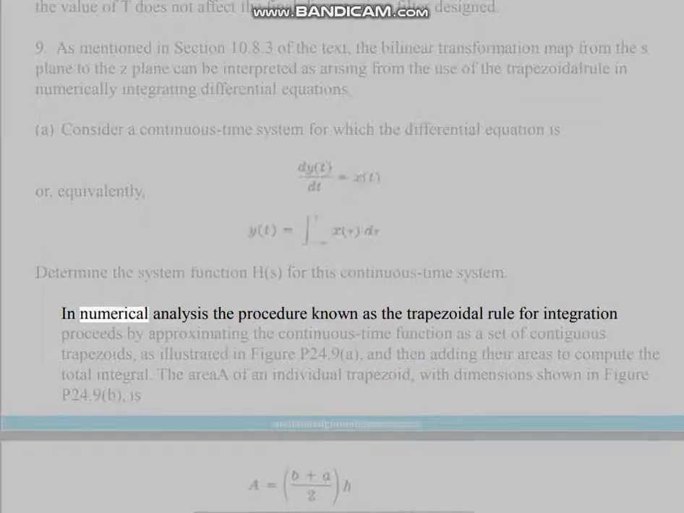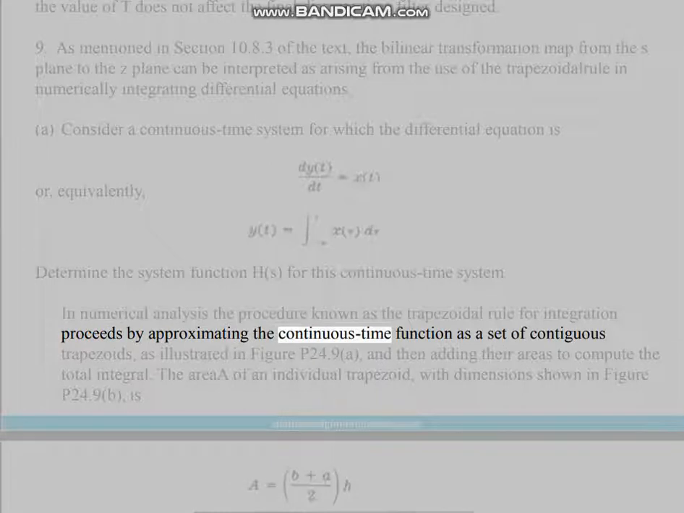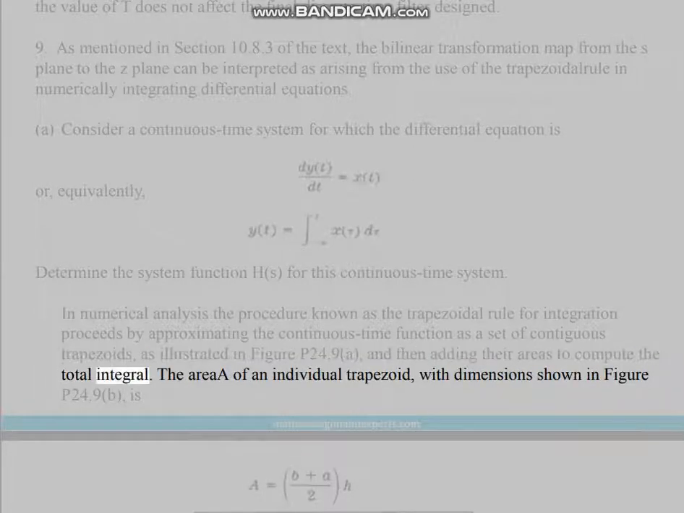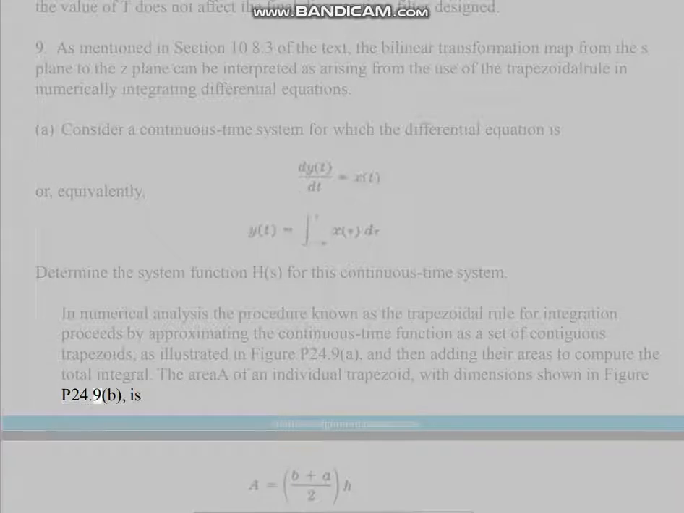In numerical analysis, the procedure known as the trapezoidal rule for integration proceeds by approximating the continuous-time function as a set of contiguous trapezoids, as illustrated in figure P24.9a, and then adding their areas to compute the total integral. The area A of an individual trapezoid, with dimensions shown in figure P24.9b, is